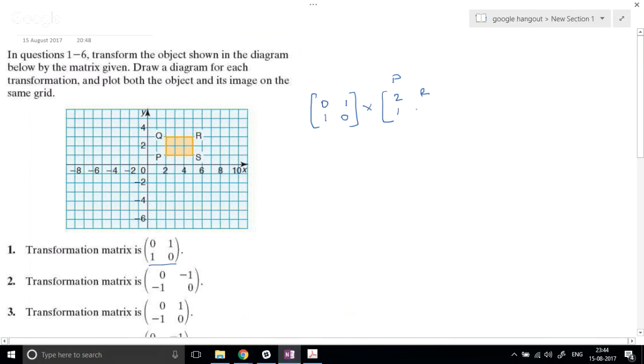So I'll write this, 2 and 3. Next, this is your Q. Then R. R happens to be 5 and 3. Then S happens to be 5 and 1. Now, the rule of matrix multiplication is